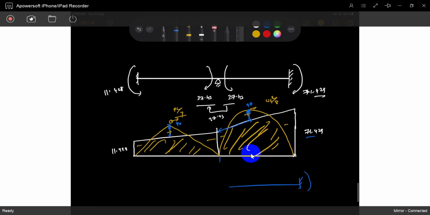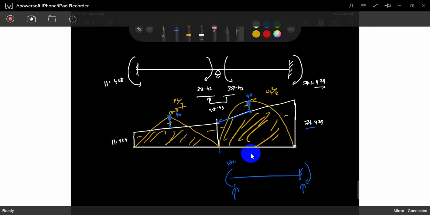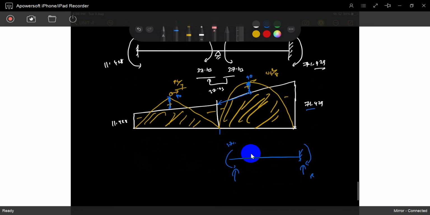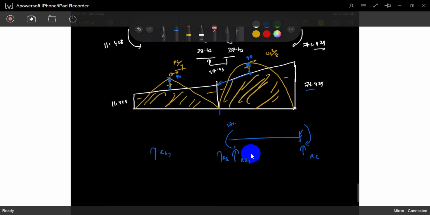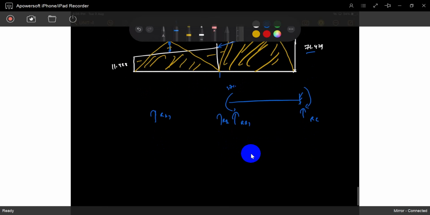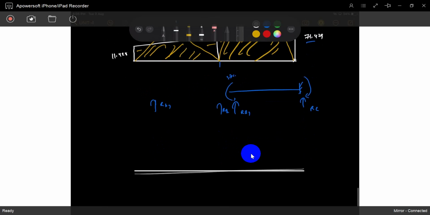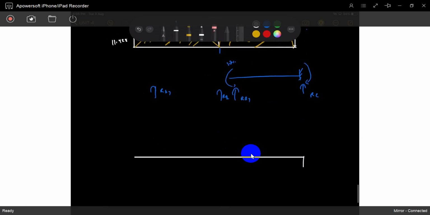Free body diagrams now. This is 37. This is a reaction. This is a reaction. So first find out the reactions RB, RC. This is RB1, later RB2. So later you can write down the shear force diagram also. How can you write that? So you will get the RC value. So from this RB, you will go through this uniformly distributed load. So with a uniformly distributed load you will get it like this. Once it's RB, it will be like this.